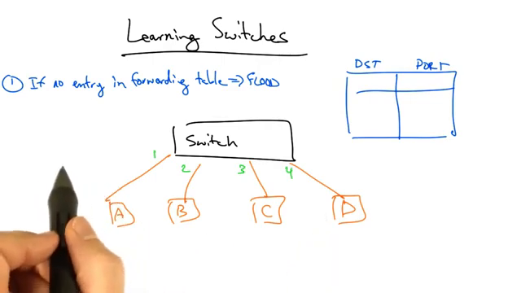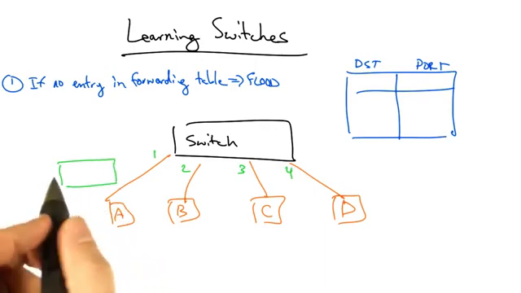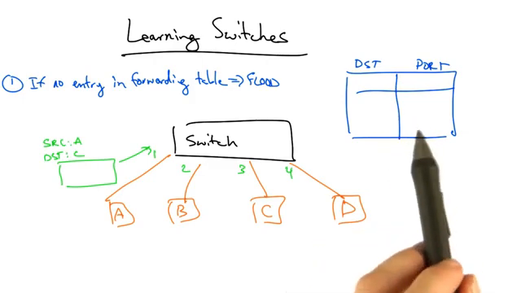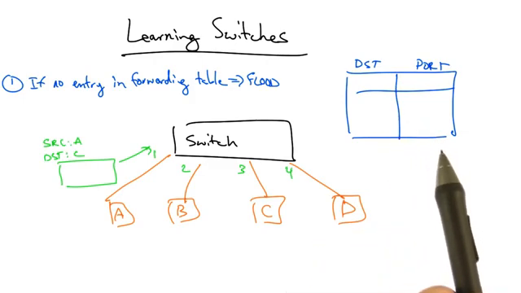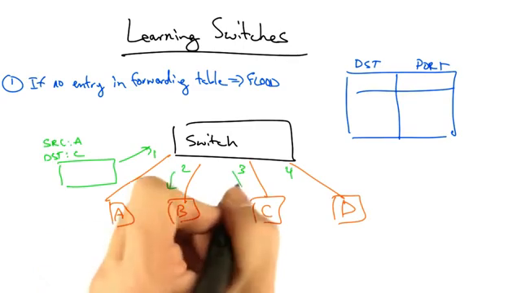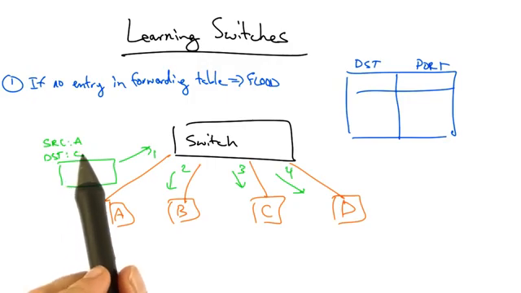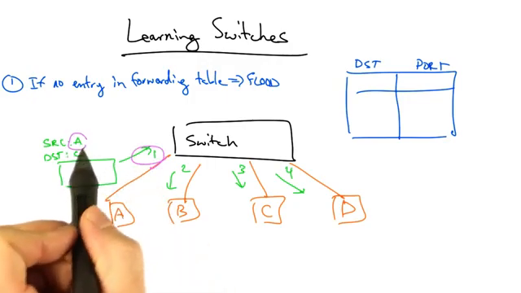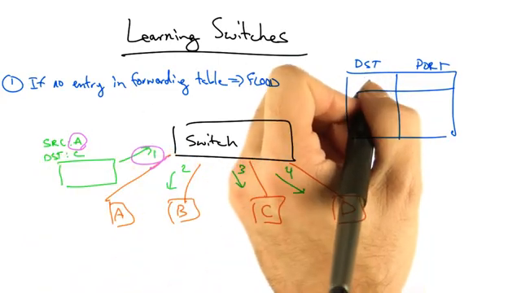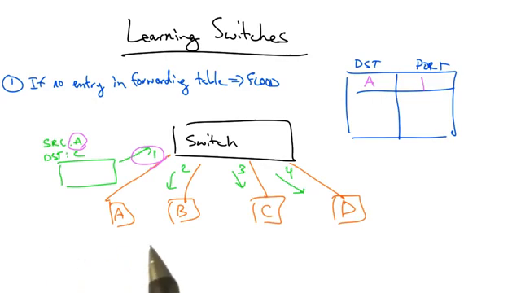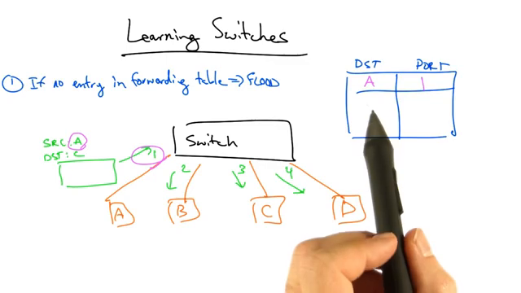Let's look at a quick example. If host A sends a frame destined for host C, then initially the switch has nothing in its table to determine where that frame should be sent, so it will flood the frame on all of its outgoing ports. On the other hand, because the frame has a source address of A and arrived on input port 1, the switch can now make an association between address A and port 1. In other words, it knows that the host with address A is attached to port 1,